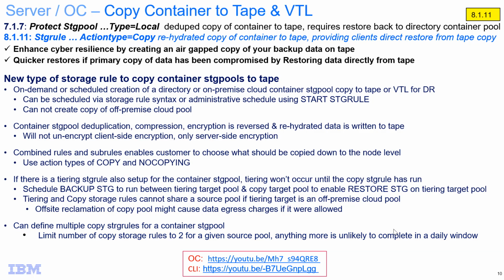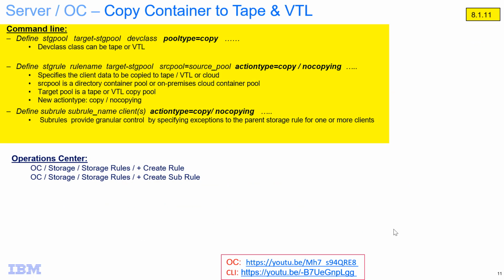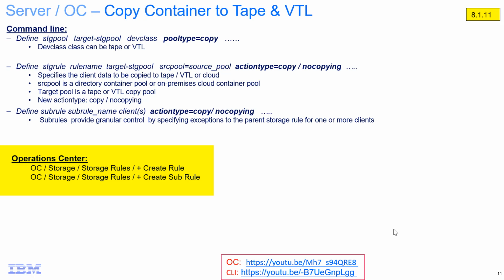Okay, I do have 2 videos on this. One is a demo using the Operations Center, and one's a demo using the command line interface to create these storage rules with action type equals copy. This is kind of what the command line looks like, just if you're curious. You're going to define that storage pool with pool type equals copy. Then you're going to define a storage rule with action type equals copy or no copy, and define any subrules to go with that storage rule, so you can really specify what in that container storage pool gets copied out. In the Operations Center, you'll find everything underneath the storage rules, and then either create rule